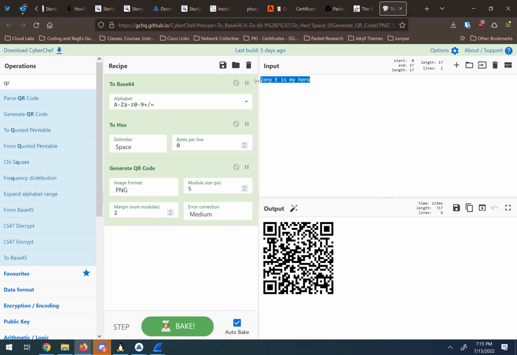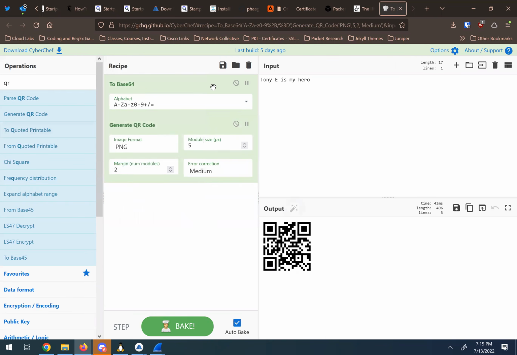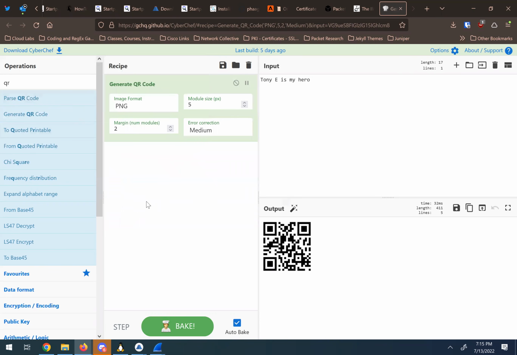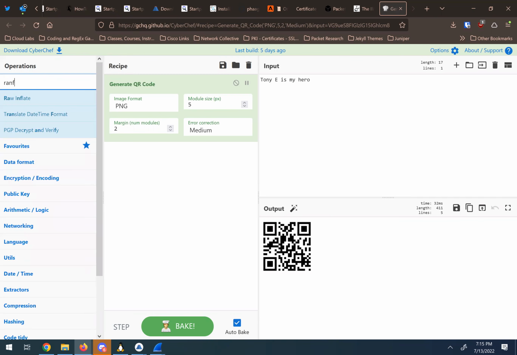So actually, you won't be able to read it. So let me get rid of those. Now, if you do it, it will say Tony E is my hero. So I just took part of the recipe out, it changed the QR code, and is giving us new data. Super, super cool. I think there's one here called